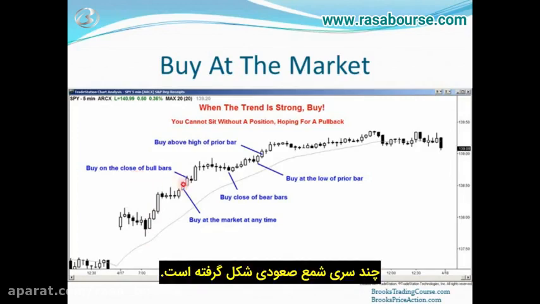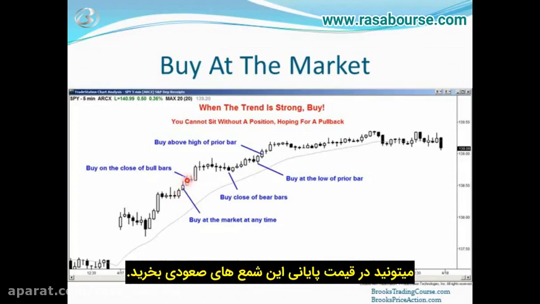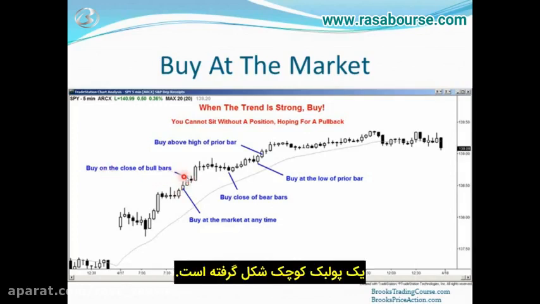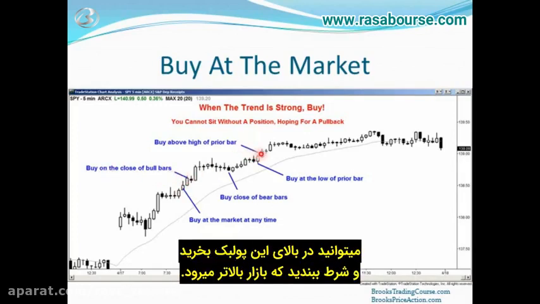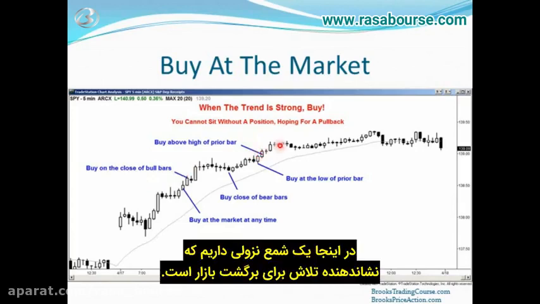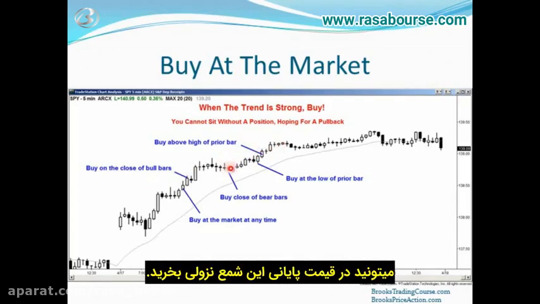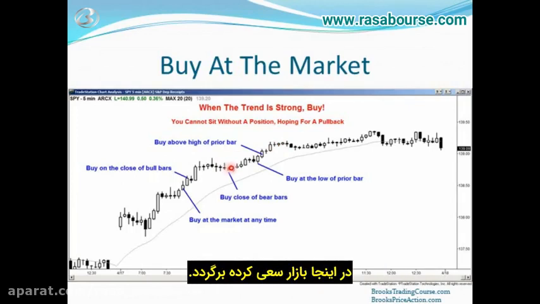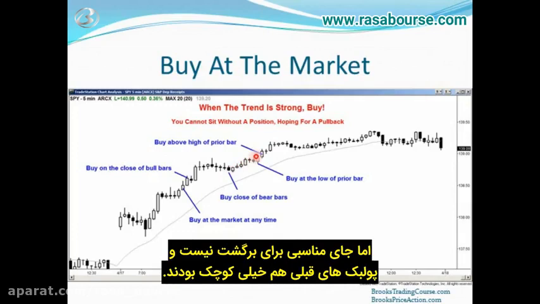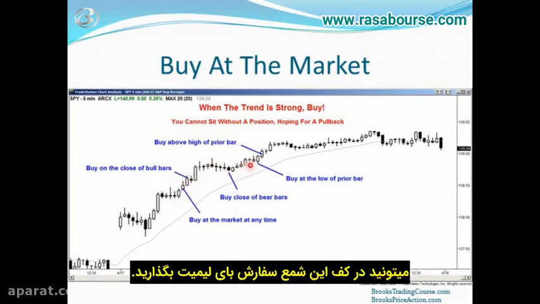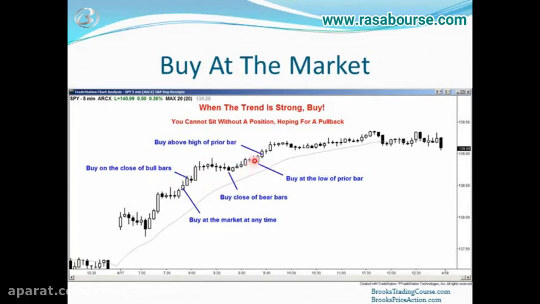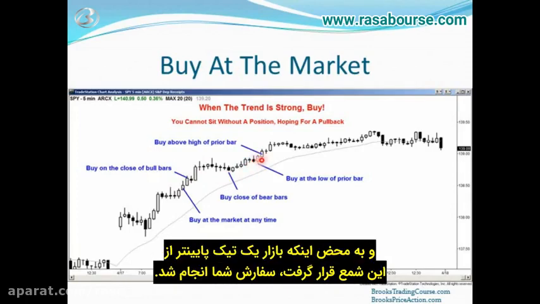We're getting a series of strong bull bars. Buy at the close of the strong bull bar. We have a little pullback. Buy above the high of this bull pullback, betting on higher up. We have a bear close. That's an attempt to reverse the market. Buy the close of the bear, because the attempt will probably fail. The market's trying to reverse here. Context is not good. Prior pullbacks are very small. This will probably fail. Place a limit order to buy at its low and get filled as soon as the market moves 1 tick below its low.